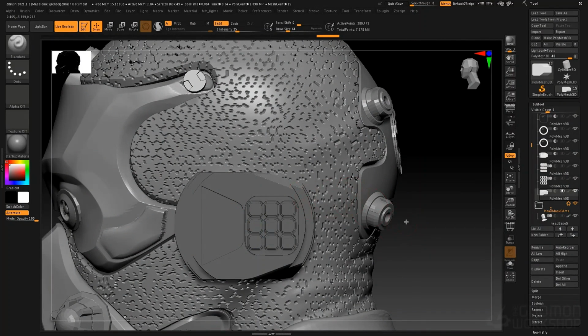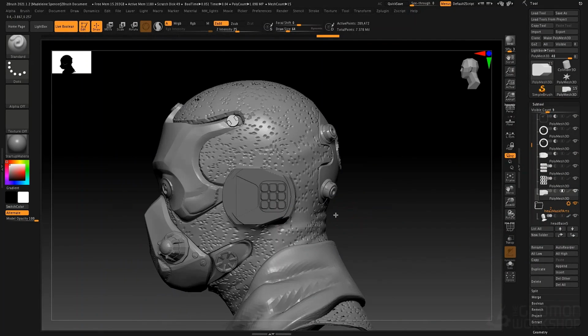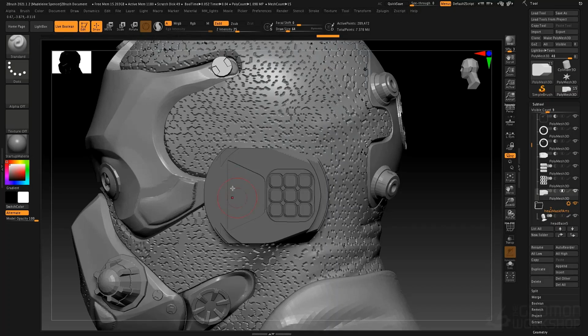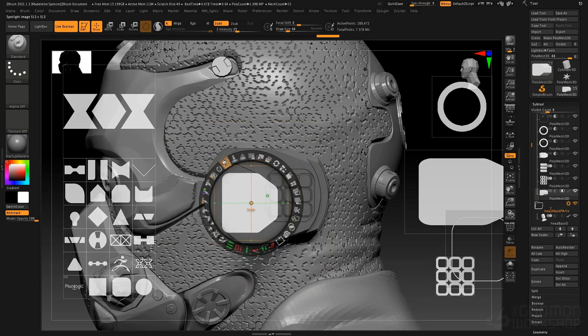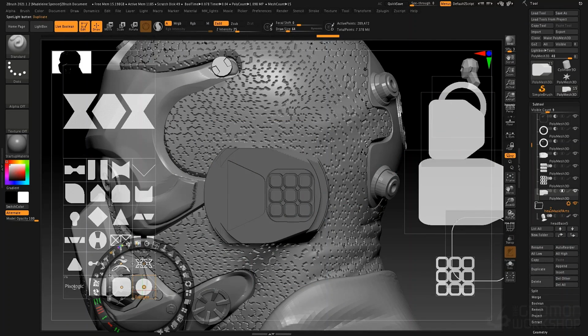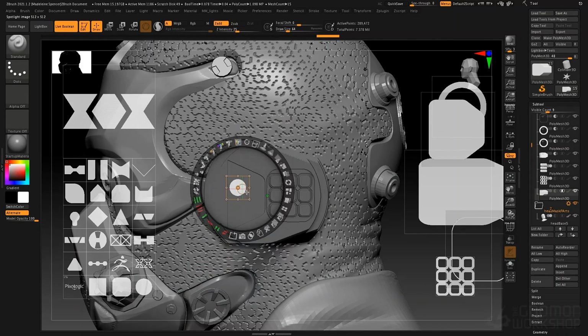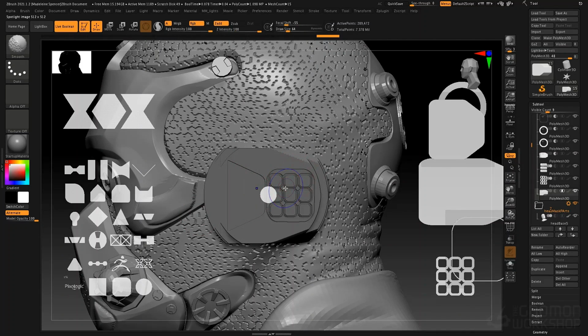So let's create a new part now. We've got the beginnings of our communications interface. Maybe we want to create sort of a grid system right here where there's maybe a speaker housing. So I'll go back to the Z hotkey. Let's scale down this image that we were using and move it off to the side. And then we can just grab the circle again and we'll duplicate it, bring this over here. Now I want to zoom in, so I'm going to press Shift Z to turn off the interface,